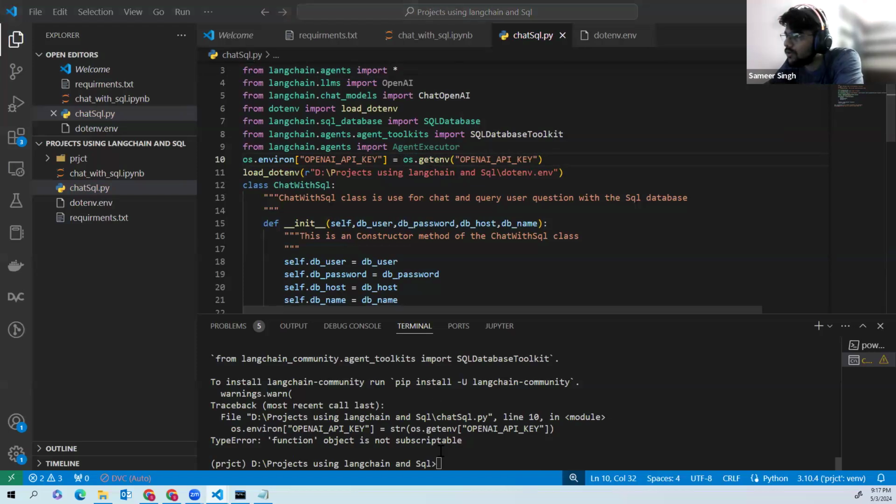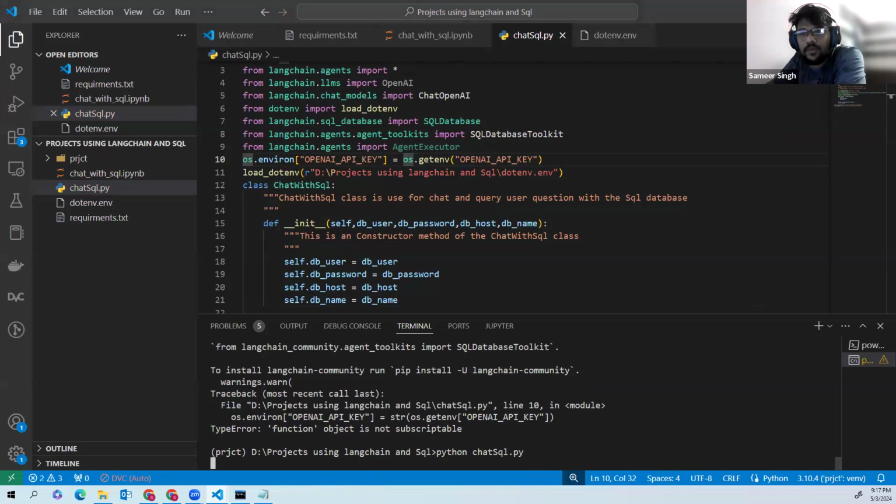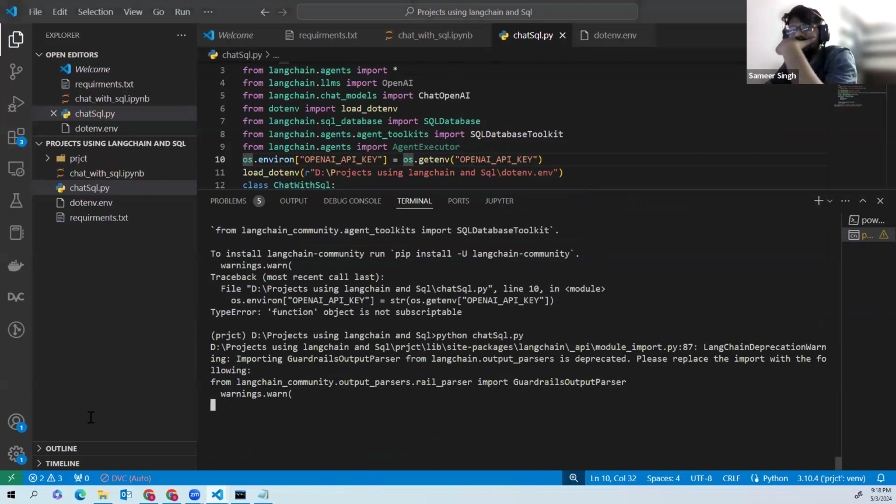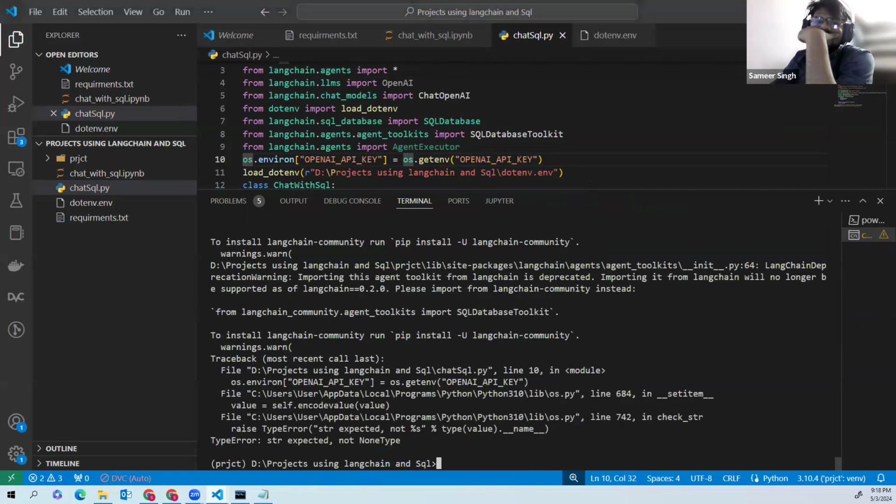Now let's execute it once again. Okay, now we are getting another error. Let's see that: string expected, not none type. So let's convert it into the string.